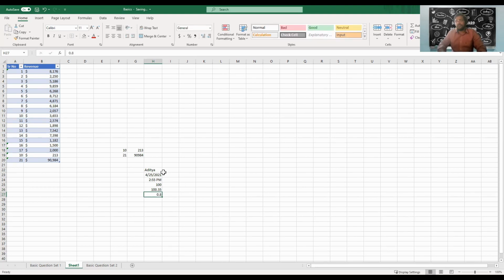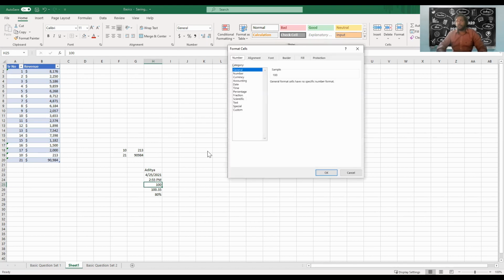But since every data format has its own formatting structure, if I have to convert this into a percentage, what I'm going to do is, under the Home tab, choose percent style, or simply press Control Shift 5. It is going to convert it into 80%. If you want to make this 100 a currency, you can click over here and get the currency, or right click and choose euro, pound or Chinese yen. Or to check which formats are available, simply press Control 1. A pop-up will appear where everything is mentioned.